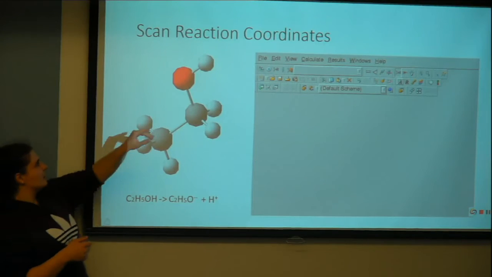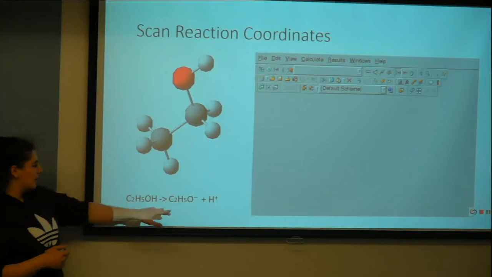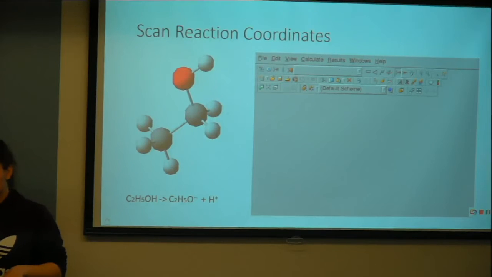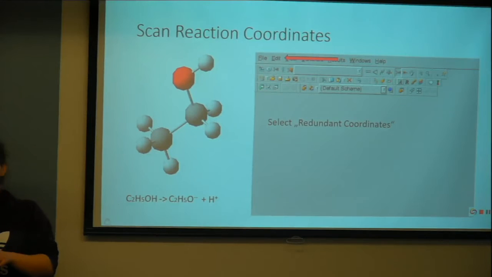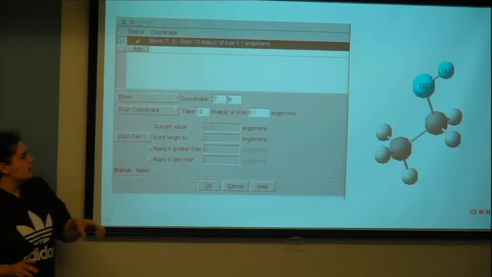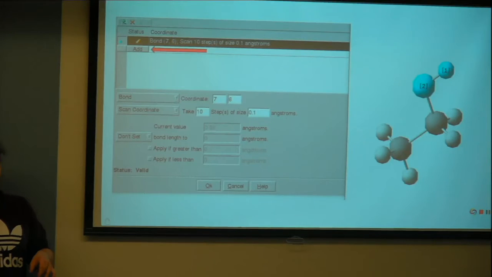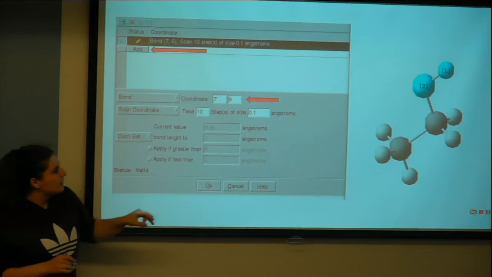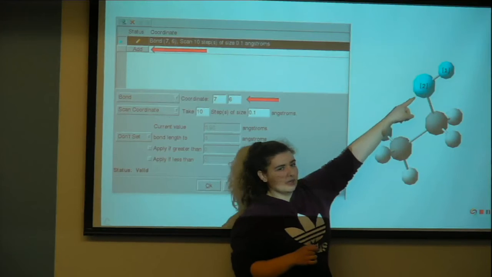Yeah, the OH group. So we're looking at this reaction, and to do so we have GaussView, and first we have to specify the redundant coordinates. So we go to Edit, and then select Redundant Coordinates, and obviously we add one to the system, and here,